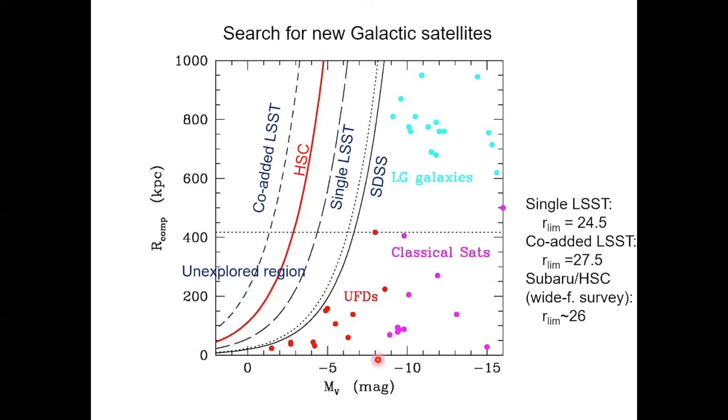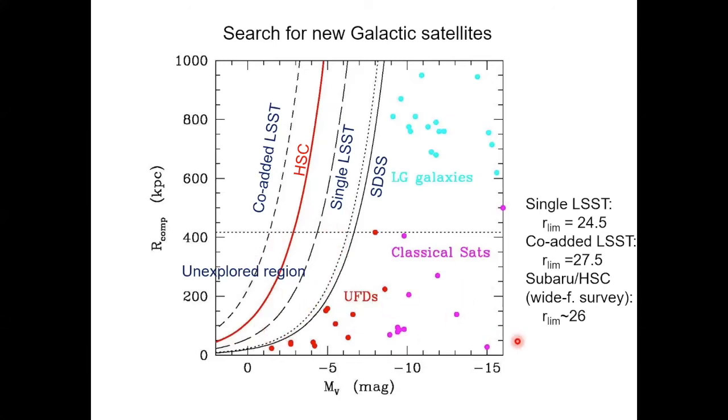So still, as I said, until a few years ago, just after the SDSS survey was over, only 20 or 25 satellites were known. This is due to this magnitude limit. But with HSC, the camera on Subaru, we can explore this region, and we'd like to discover new satellites,